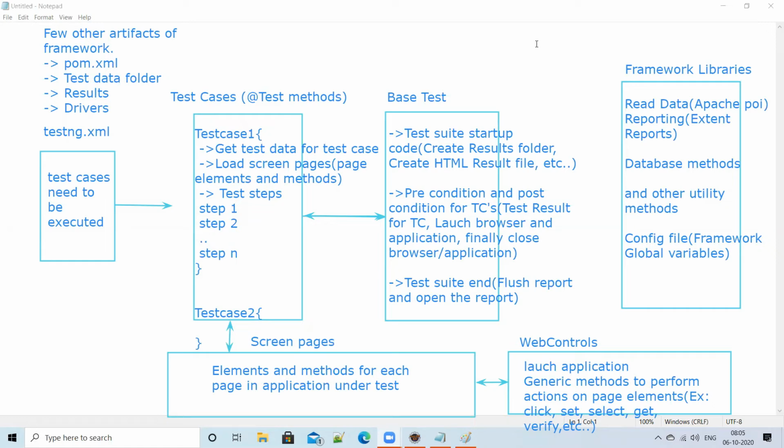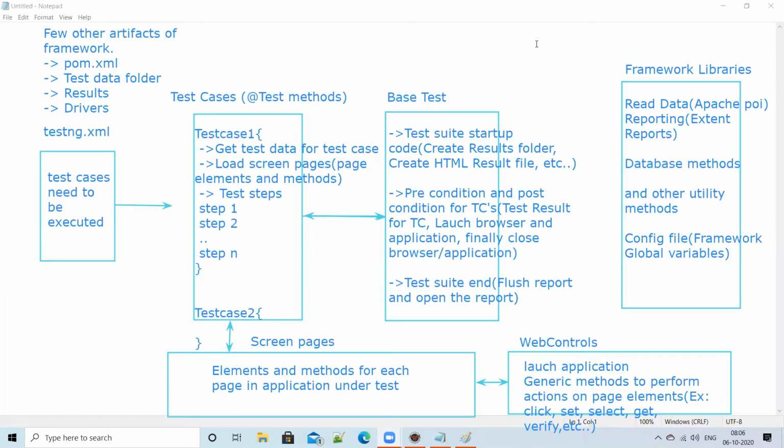Tomorrow, in case somebody asks you, can you explain your framework? Sometimes in the conference room they'll give you a board and marker and ask you to explain the automation framework you are following for your project. On the board, at least whatever you can remember from this, if you can explain up to some extent, that will be great. So please practice it, guys. In an interview tomorrow, if they ask you to explain the framework, you should be able to explain it clearly.